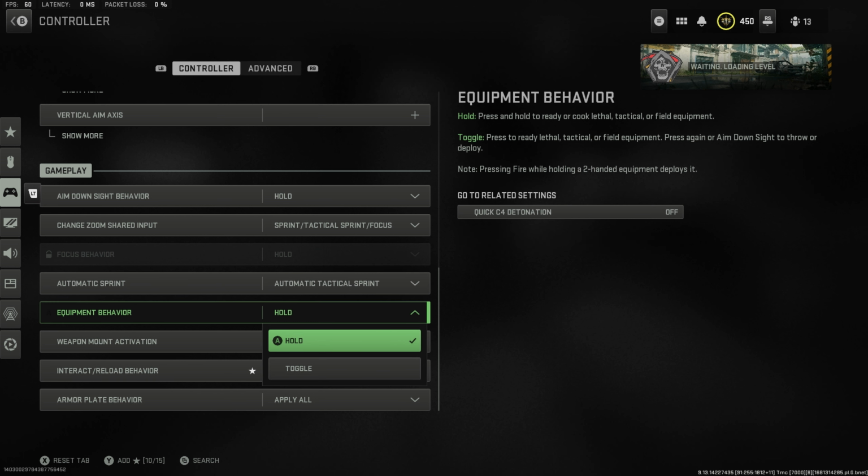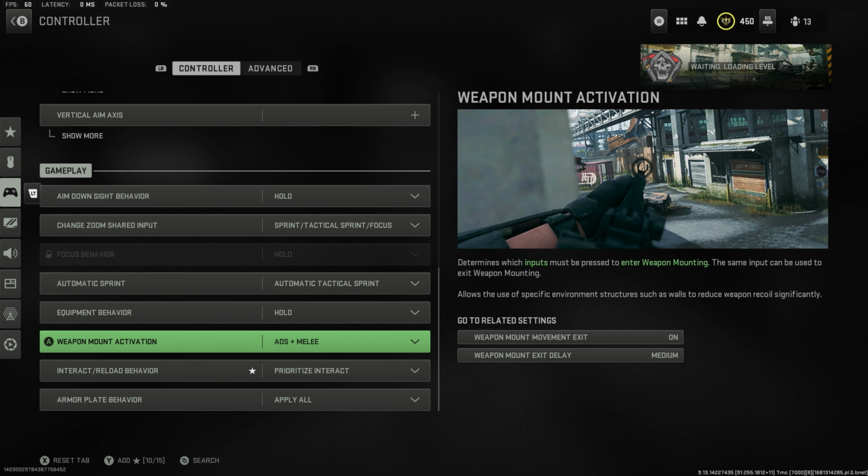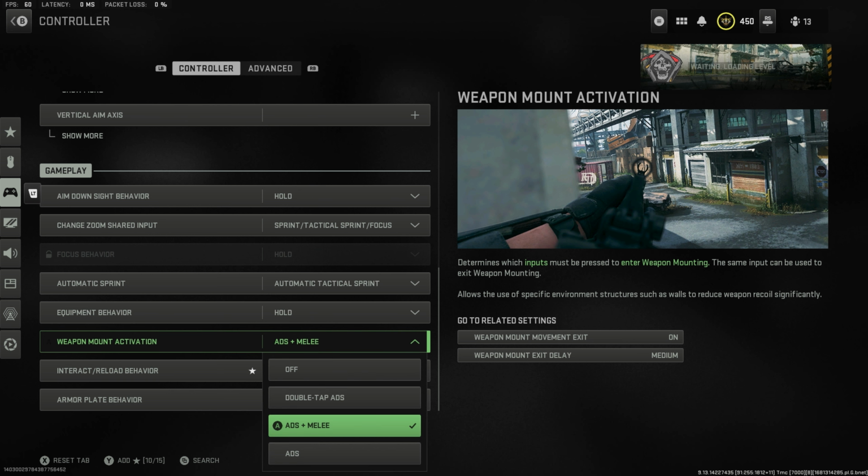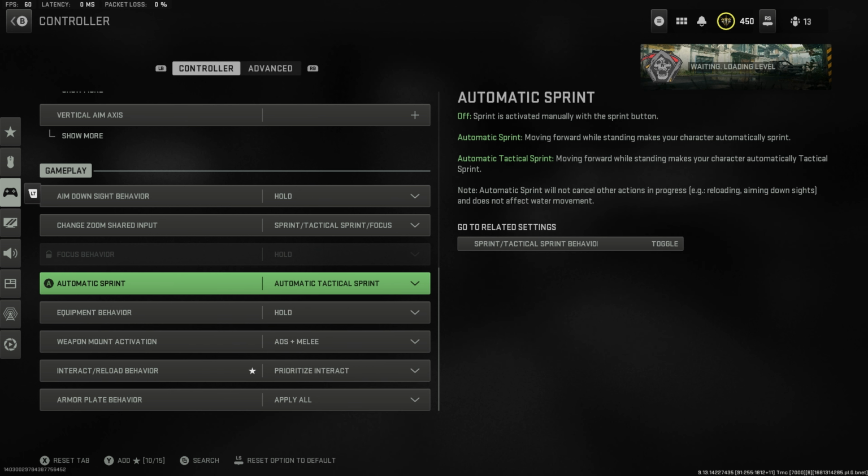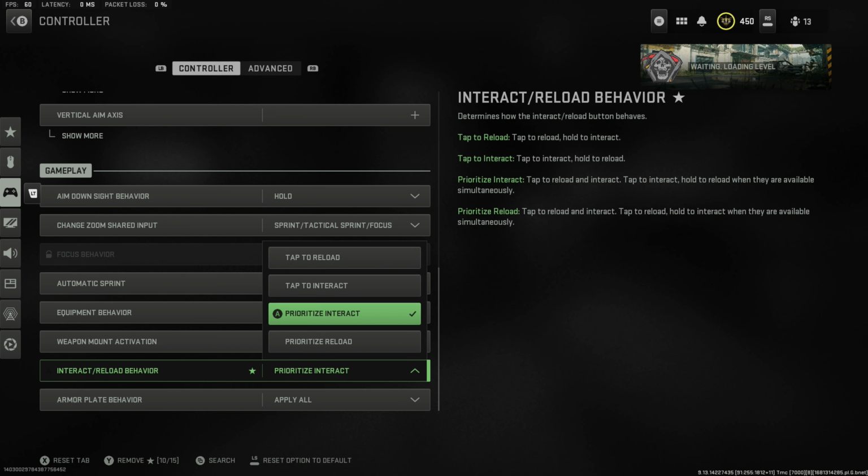That's the first one. For equipment behavior, we want it on hold. Weapon mount is kind of personal preference here. I prefer the ADS and the melee. Again, all this stuff is kind of personal preference. This one's really important here. I actually have it on. Oh no, I'm trolling, boys. I think it's,